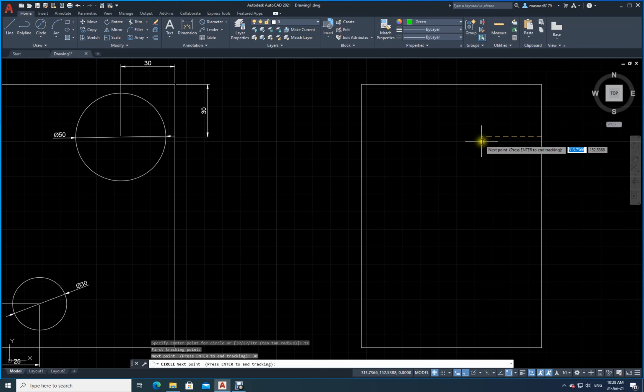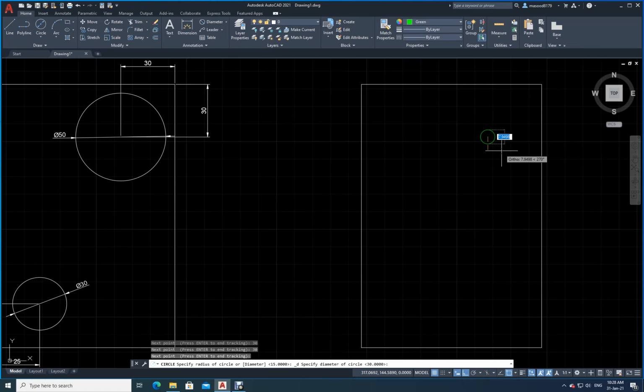See, here I come like this. Okay, so again I will type 30. Okay, now I will enter. So the moment I enter, 2 tracking points I have done. See there, still I am here, is it not? It is asking me third tracking point. I don't have any third tracking point. To end the tracking, I have to press enter.